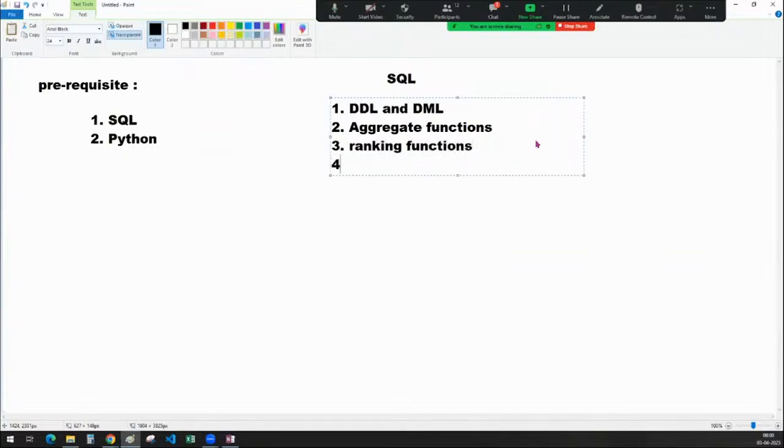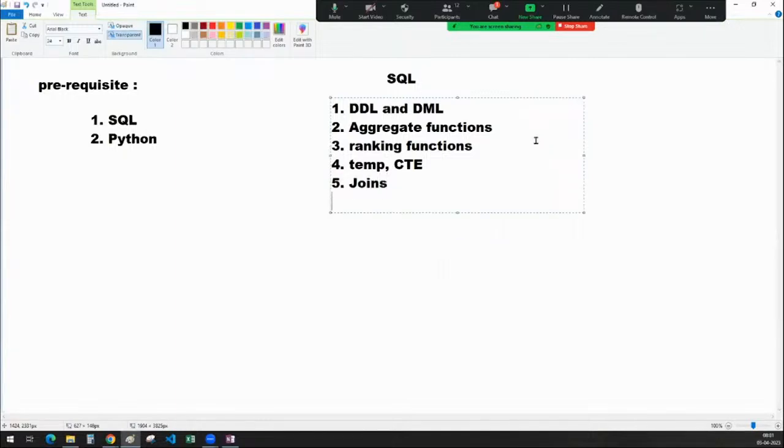and the fourth thing is tables. There is a temp table, common table expressions, and there is also one more concept we focus on. In temp tables there will be local temp tables and global temp tables, and the common table expressions, CTE. And the fifth thing, I forgot one more thing, mainly, guys: joins,